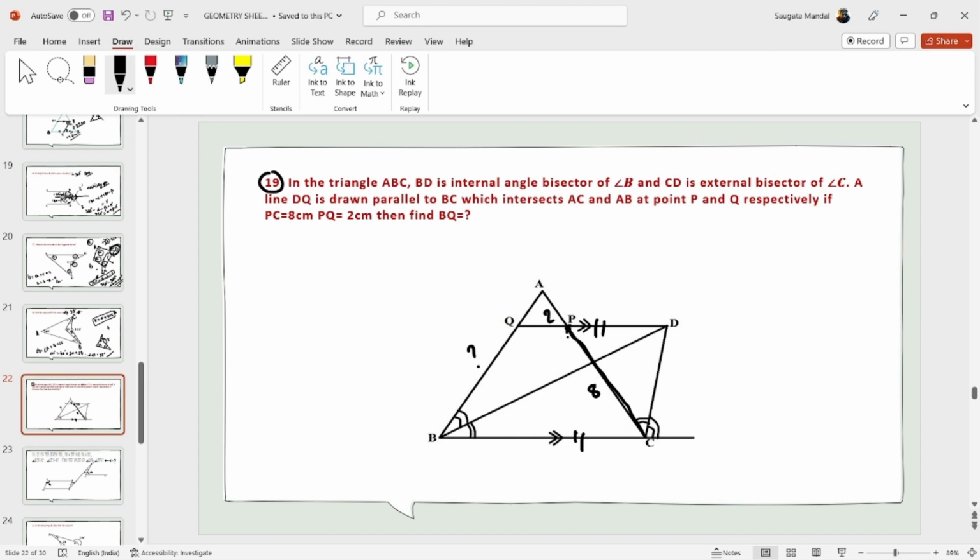Please show the figure. In this figure you can see that QD is parallel to BC. That means these angles, QD,